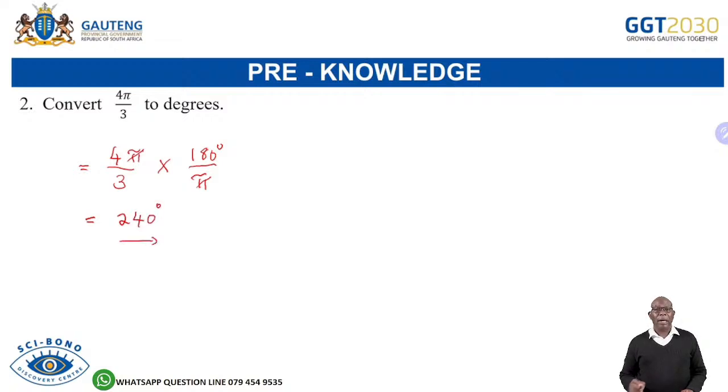So you can see I've changed the radians to degrees, and now I can swap them around to do both of them, degrees to radians and radians to degrees. So please, let's practice that. You'll see the next question is the same principle that we're going to be using. Now,